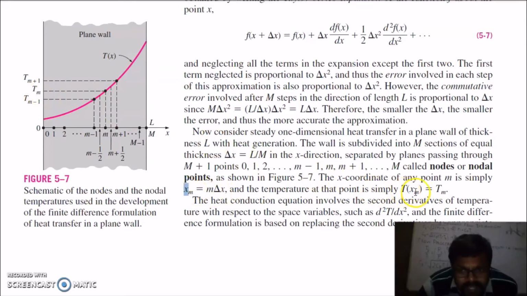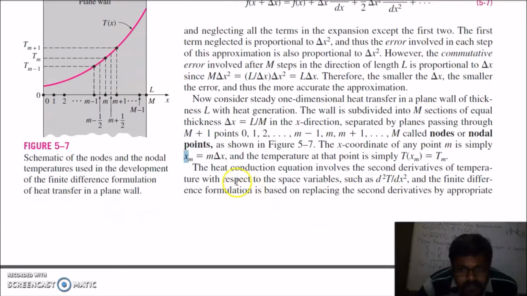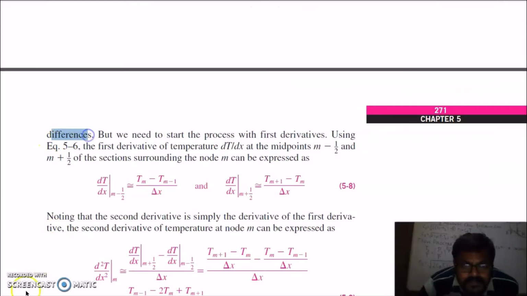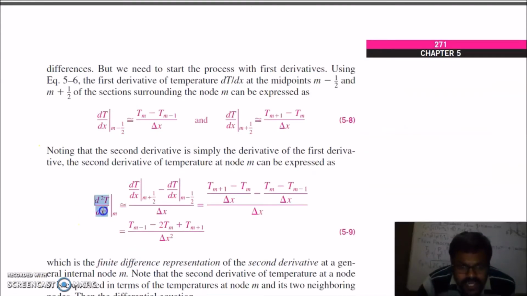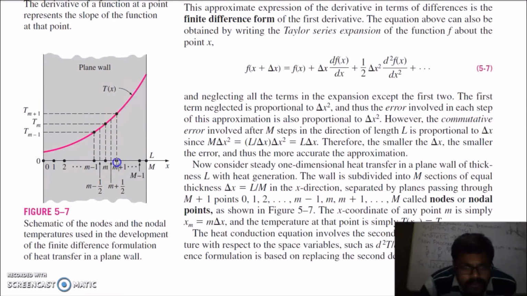So temperature T(x_m) is equal to T_m. The heat conduction equation involves the second derivative of the temperature with respect to the space variable, d²T/dx², and the finite difference formulation is based on replacing the second derivative by appropriate differences. So you have to replace the second order derivative with the appropriate difference in terms of these nodes